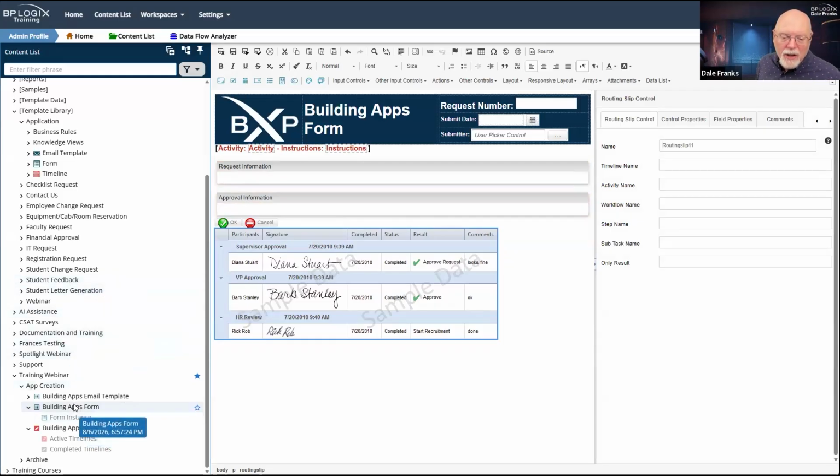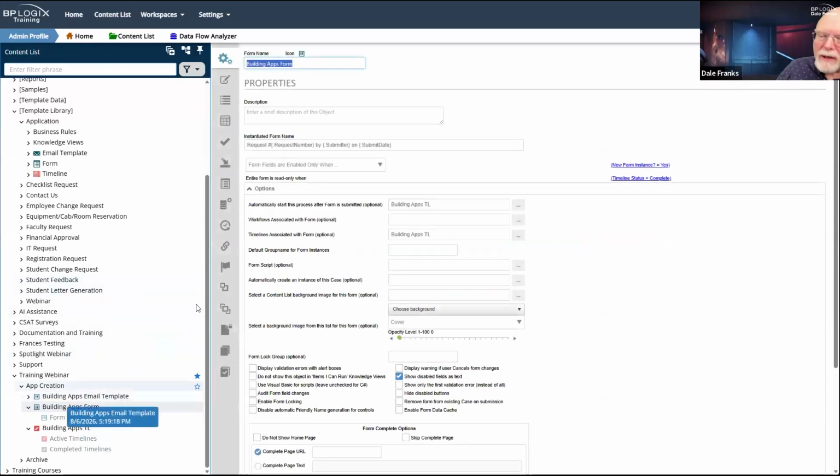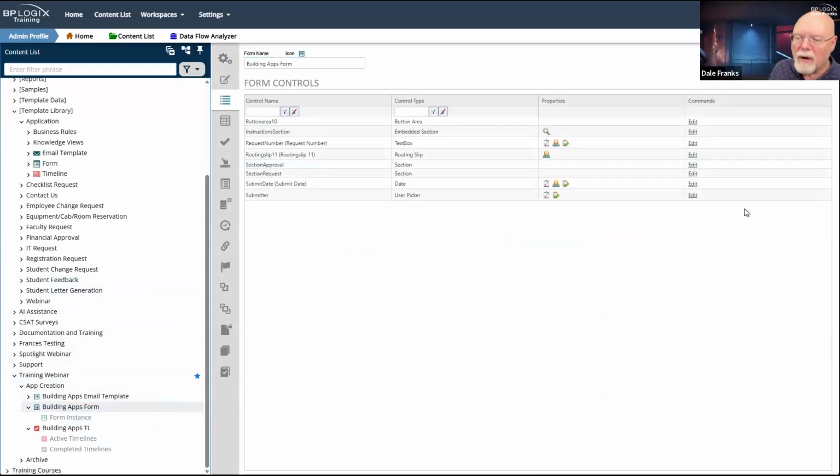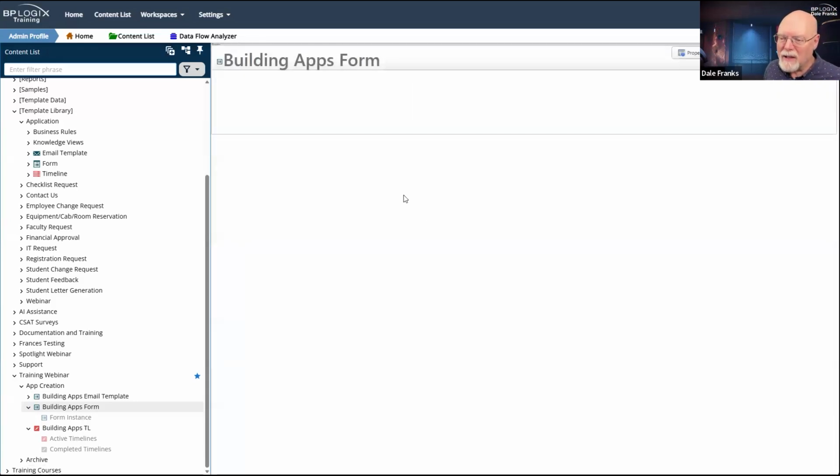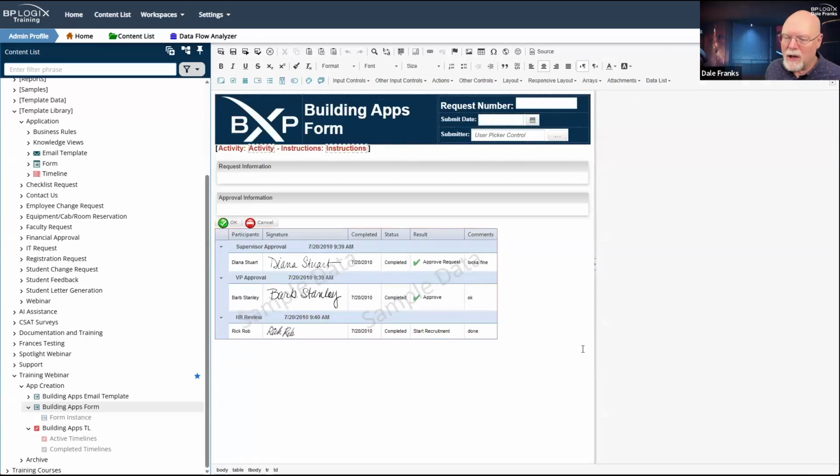So I'm going to need to check something right now. I am going to need to go here to my form controls tab and just be sure that I don't have any controls marked for deletion. And if I do, I want to delete them because there might have been a ghost button area or a ghost routing slip on the form. There is not, and I did save all of my stuff, so I am good to go. This is where we're supposed to be, and this is where we will pick up next week.